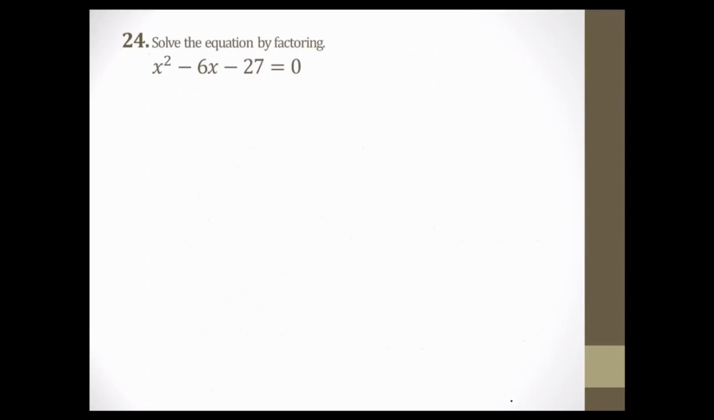Let's move on to 24, and this is solve the equation by factoring. So I really do like factoring, especially since we learned factoring, we have used it almost for everything. And this is a factoring problem with a coefficient of 1, so that should be simple. Writing your empty sets of parentheses, and then square rooting the first term, so you get an x and an x,